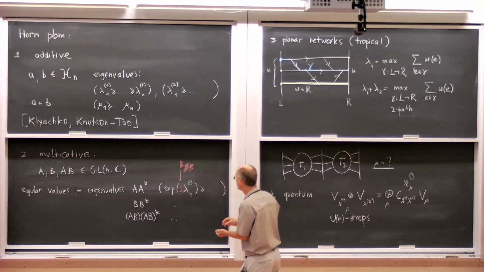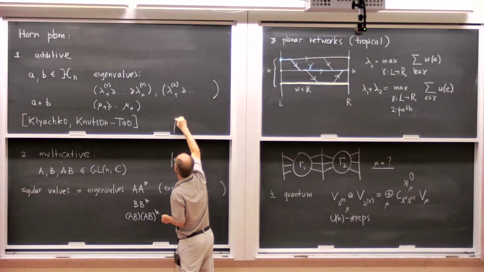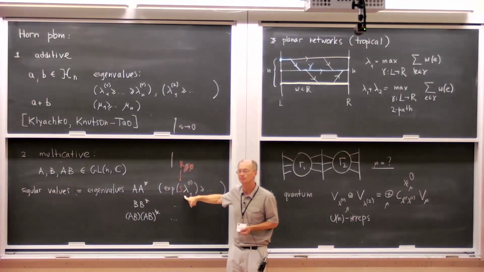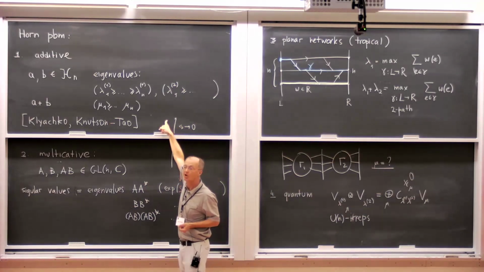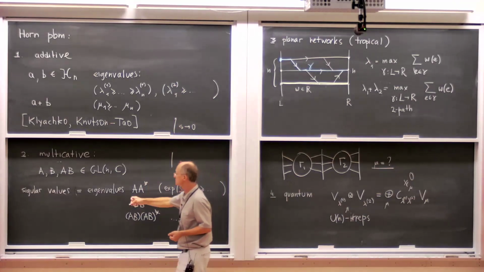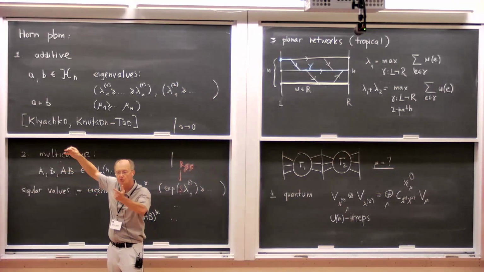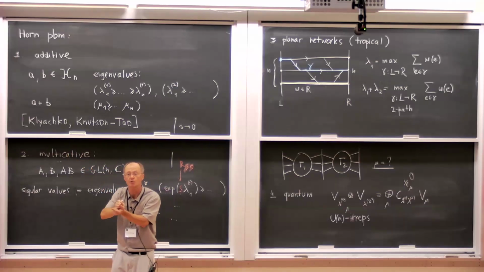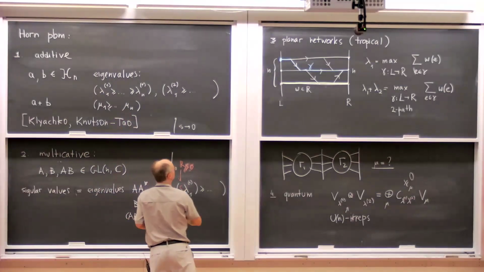At the same time, it is reasonably easy to show that if you consider the limit of s going to 0, then you will establish a relation between the multiplicative and additive problem. So this multiplication of matrices, it will become very close to addition if you try to scale the eigenvalues down such that they become very close to 1. So actually that problem will degenerate to the additive problem.